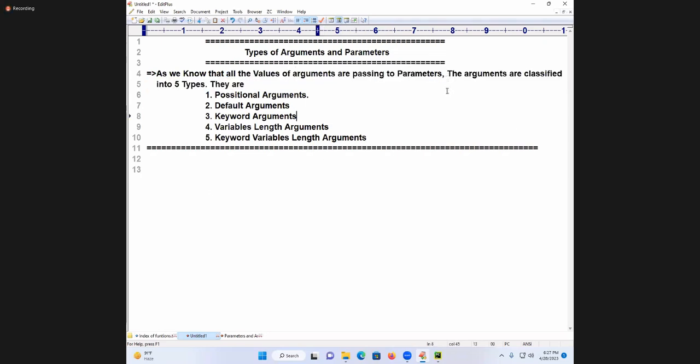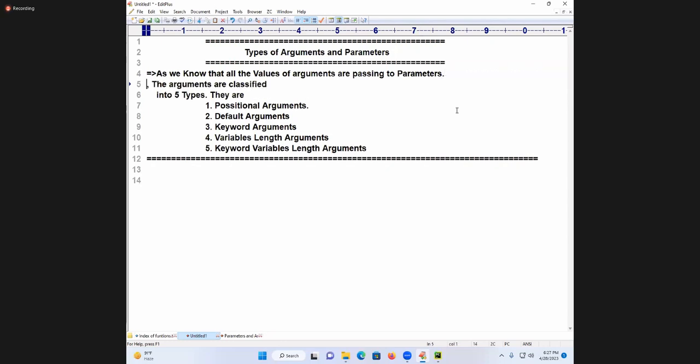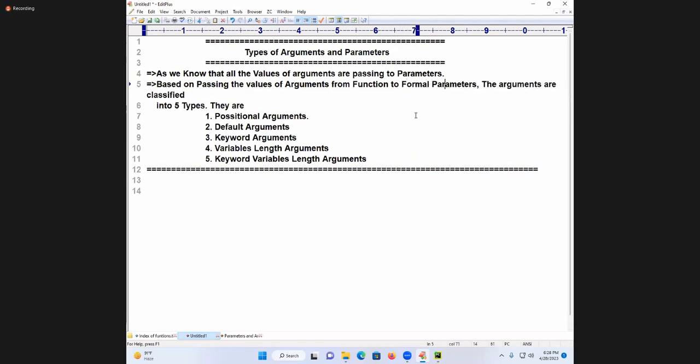Based on this parameters mechanism, I will write it on a separate line: based on passing the values of arguments from function call to formal parameters of function definition.